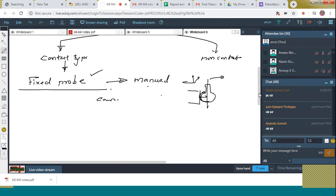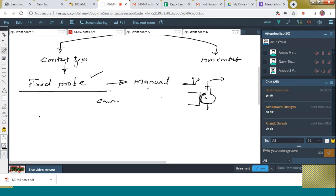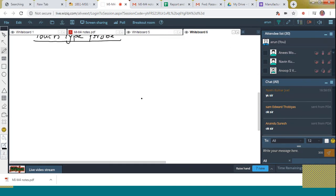Next is the touch type probe. Nowadays the touch type probe is commonly used because accuracy is much higher when compared to other CMMs. The touch type probe, or sometimes we call it the trigger touch probe. Here it uses a probe like this, which is held by means of